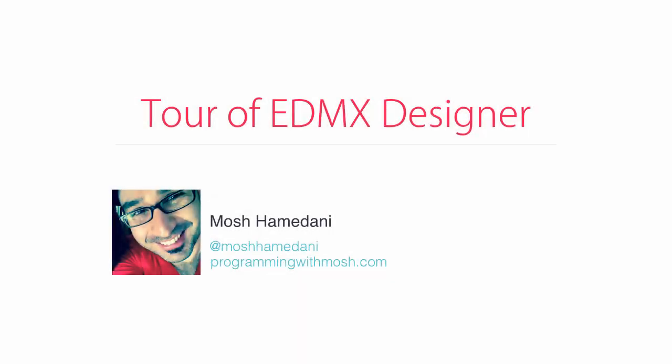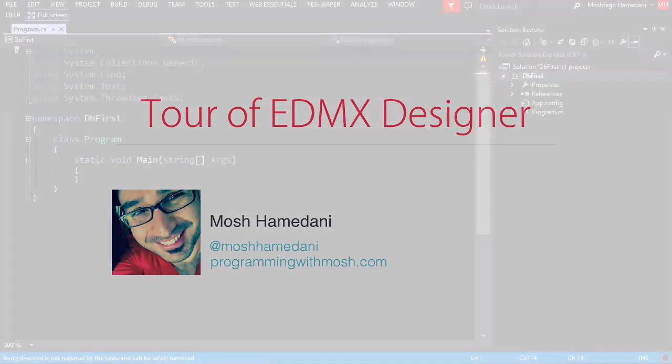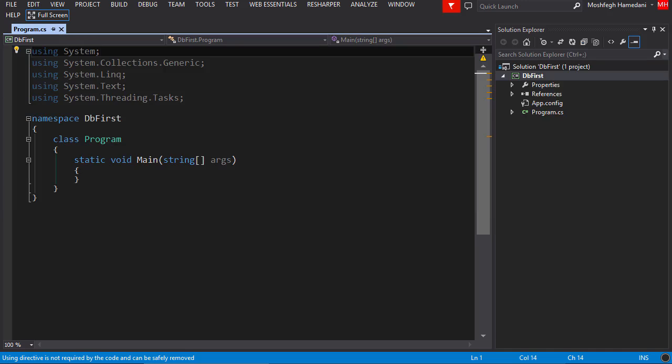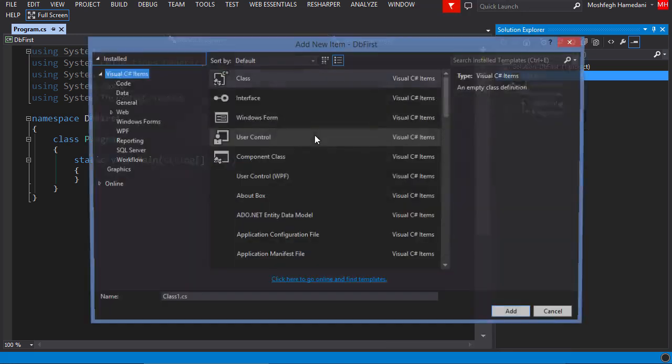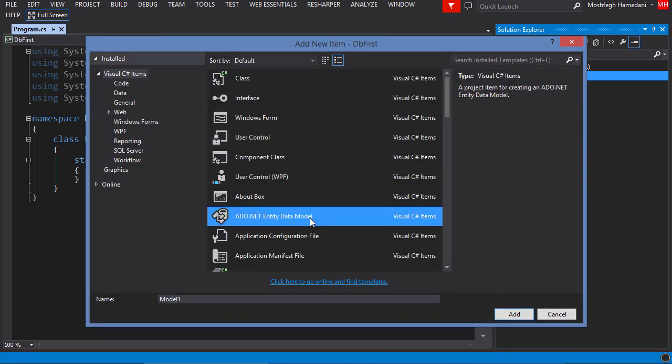So we have a database ready. Now it's time to bring it into our entity data model. So here in Visual Studio, I have a simple console application. Let's create a new entity data model. So right click, add, new item, ADO.NET entity data model. I'm going to call this Pluto model